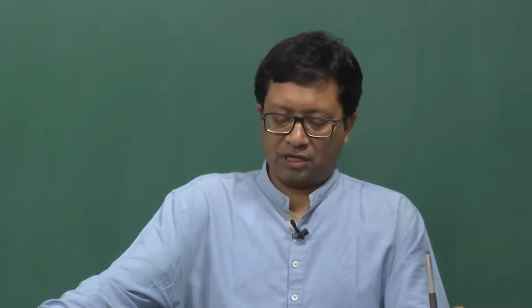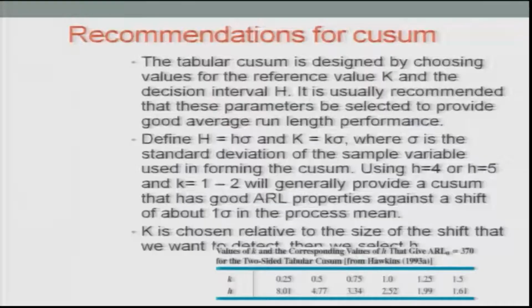So, you will have basically defined capital H as small h into sigma and capital K as small k into sigma, where sigma is the standard deviation of the sample variable, and using values of capital H to be calculated, we use small h as 4 or 5 and small k values as 1 to 2